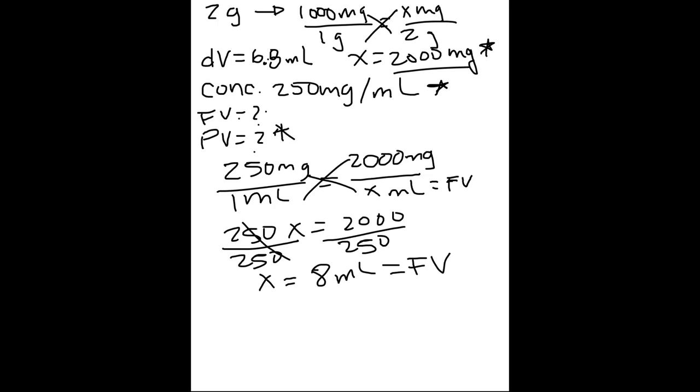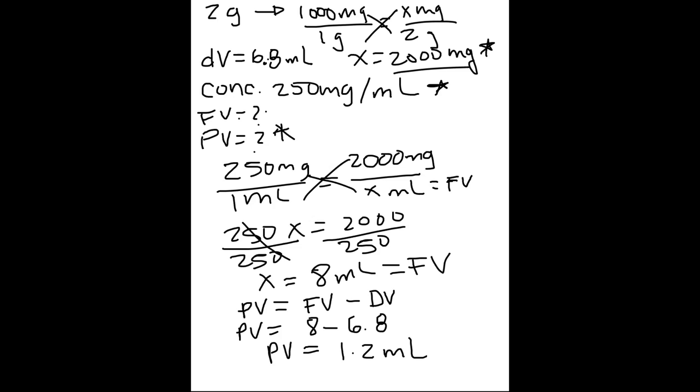Now that we know our final volume and we know our diluent volume, we can go ahead and find our powdered volume. So we know our equation, powdered volume is equal to final volume minus our diluent volume. So then PV is equal to 8 minus 6.8. So PV is equal to 1.2